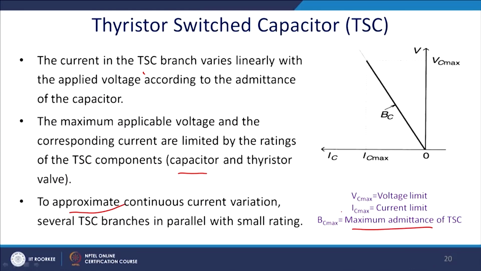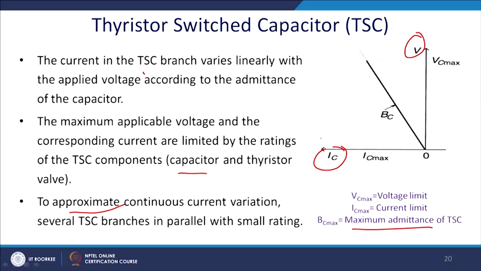So, tan theta of this line, this is the maximum voltage rating of the capacitor and the thyristors, and this is the current handling capability of the thyristors, and accordingly we can find out what should be the maximum admittance of the line. We shall carry on in our next class with another FACTS device of shunt compensation,